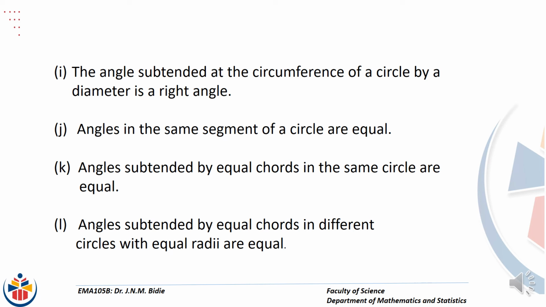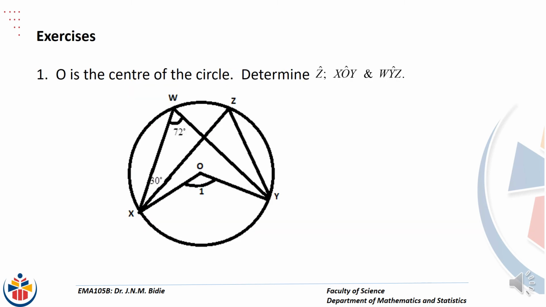Angles subtended by equal chords in the same circle are equal, and angles subtended by equal chords in different circles with equal radii are equal. Based on all these 12 theorems and their corollaries, let's do some exercises. Firstly,